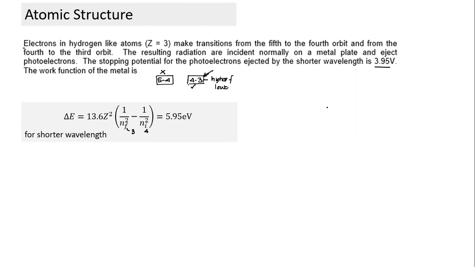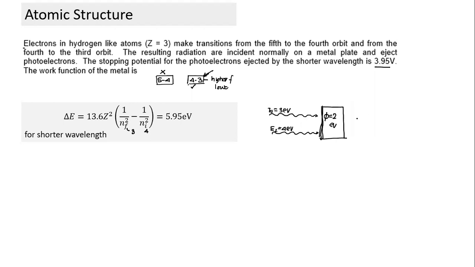Let me ask another, similar question. Again we are mixing two things together: emission from atoms and the photoelectric effect. Suppose we have a material which has a work function of 2 electron volts, and two radiations are falling onto it. One radiation has an energy of 3 electron volts and the second radiation is 4 electron volts. So it is not monochromatic. There are two monochromatic radiations incident here, with two different wavelengths.